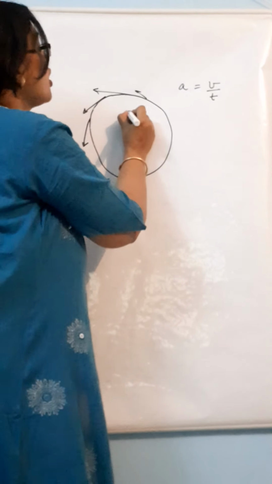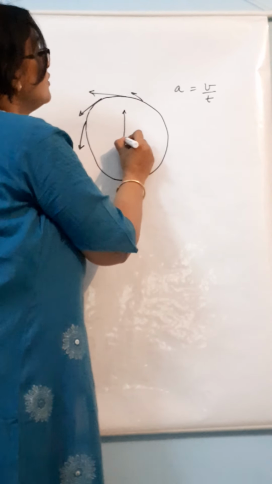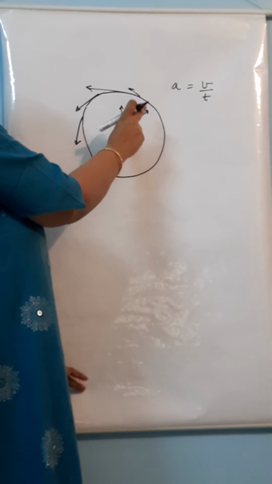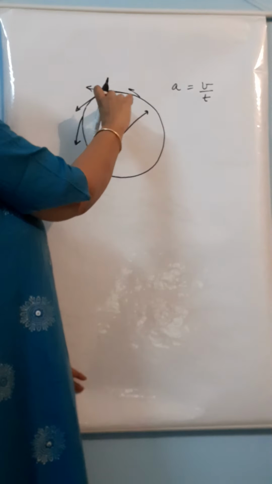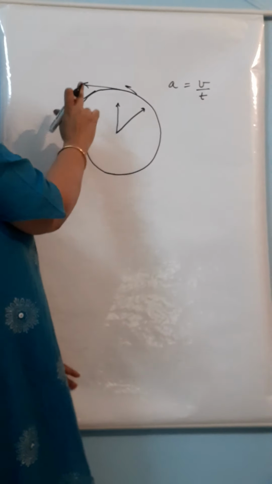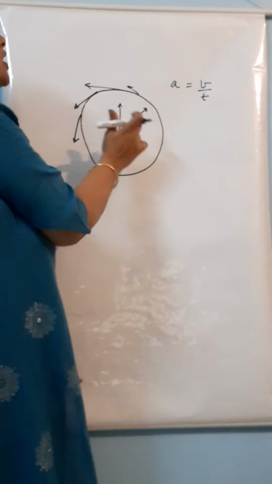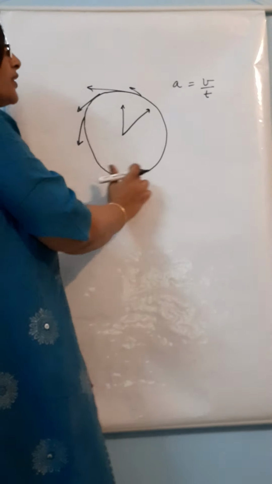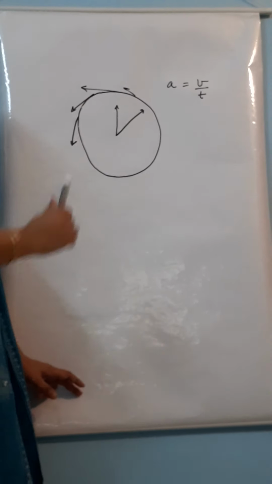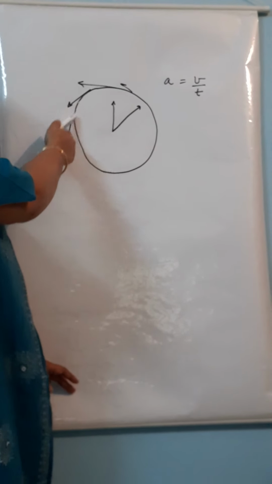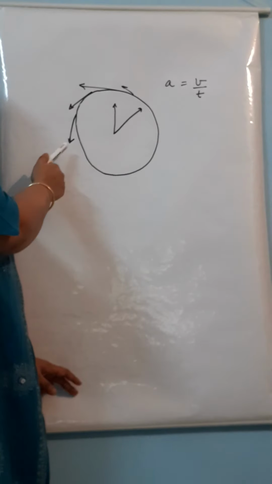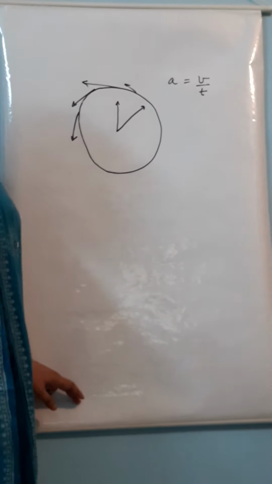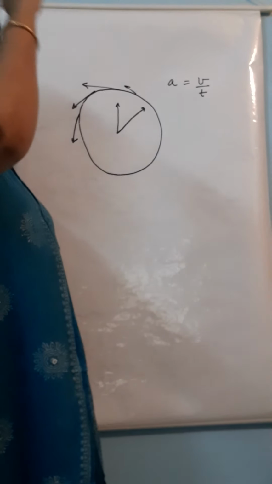Suppose this is a clock. The clock covers equal distances in equal intervals of time. So if you talk about the minute hand or the hour hand of a clock, they are also performing accelerated motion because at every point the direction is changing. So, as with the athlete on a circular track, the velocity is changing at every point because the direction is changing.